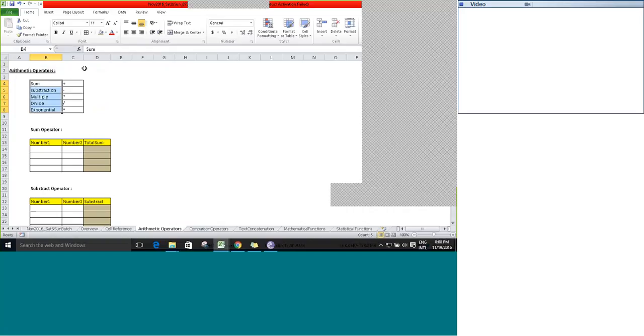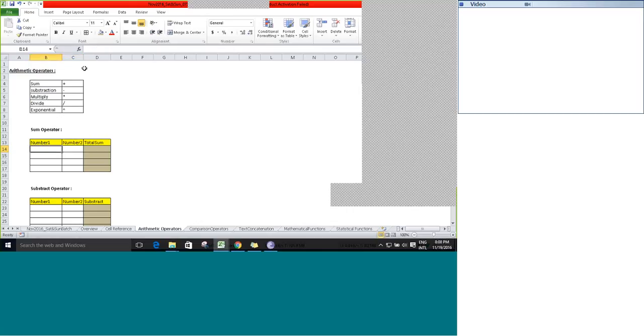So let's sum, and then subtract, and then multiply, divide and then exponential. So these are all the operators we are going to use in our Excel formula to get some desired output. Now we'll start with the first scenario